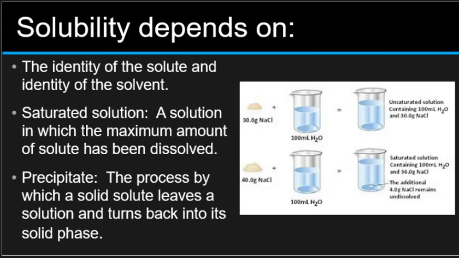All right, so here I'm just showing you once again, I'm adding a solid to a beaker. In this particular case, I'm putting in 30 grams of sodium chloride into 100 milliliters of water, which gets me to an unsaturated solution. But if I try to put 40 grams in there, notice on this right lower beaker, you'll see a little bit of the salt collecting at the bottom, a little bit of precipitate. That's just showing me I have my saturated solution. And if I keep adding salt, it will not dissolve in there. It'll just start collecting on the bottom as a